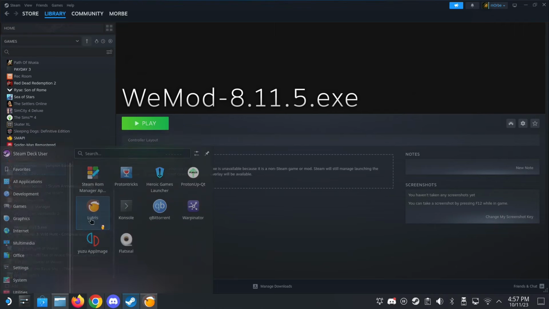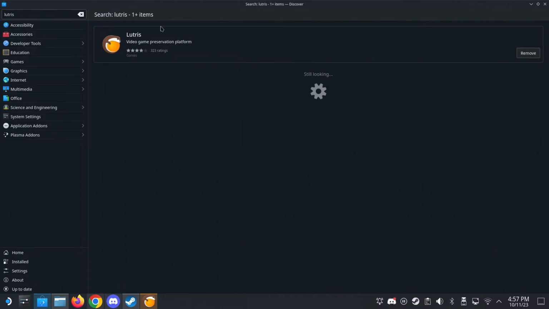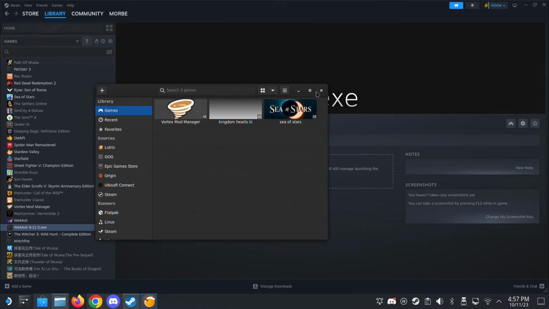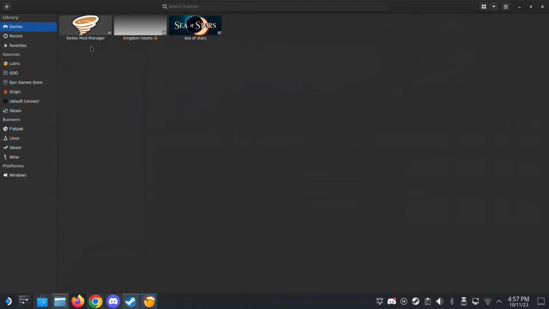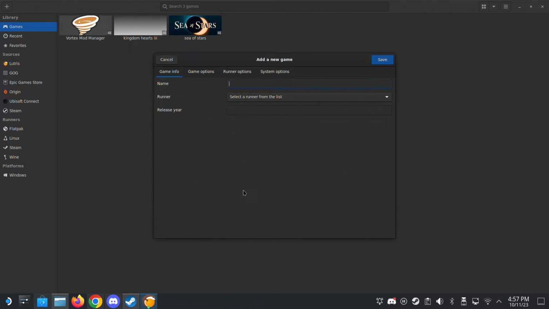So if you don't have Lutris, go into the Discover Store again here and type Lutris. Yeah, install this, okay? All right, I've got it installed, so let's do it here. All right, so I'm going to add a game here. I already have it here, but I'm going to install another one just to let you guys know. Okay, so I'm going to add locally installed game. All right, let's call it Vortex